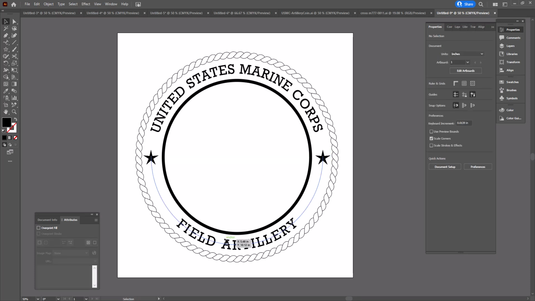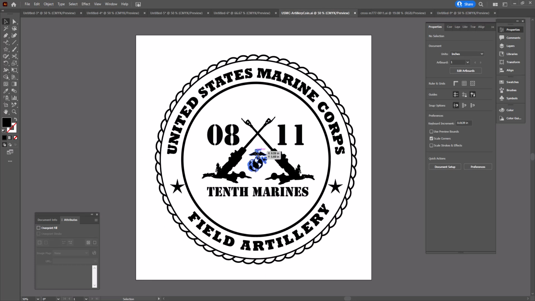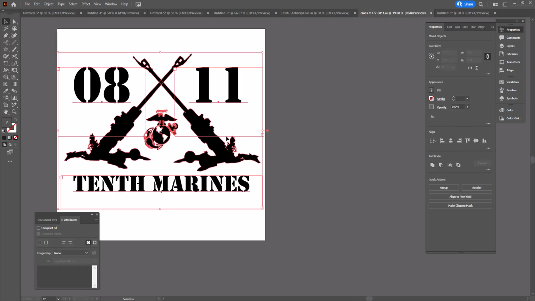So now we've added the stars. Now, you can put whatever you want in the middle. You can add more text, you can draw more objects. I have another graphic, and you can get this graphic in our graphics library. So it's one that I've created before, and it's got text, and I can change this text. So if I want to change the unit or the job specialty, the MOS here, you can do that. But it's a couple cannons that I had created,